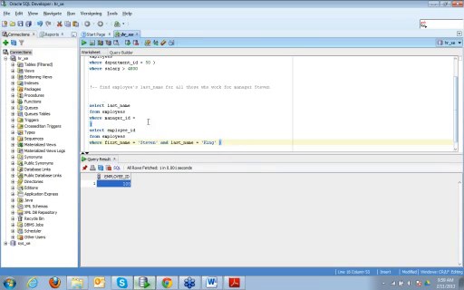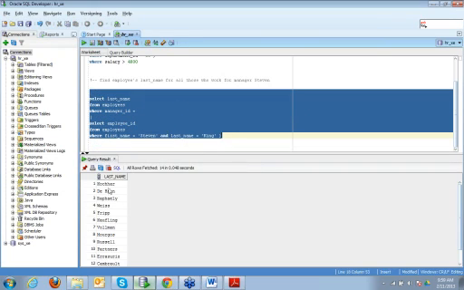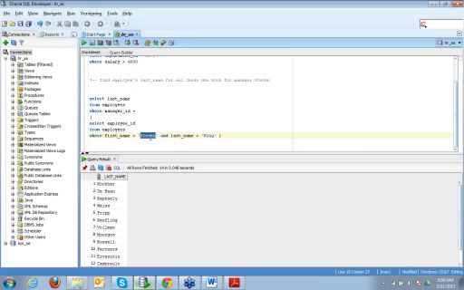So my query is going to run like this: select last name from employees where manager ID is equal to 100. So these are all the employees who work for Stephen.